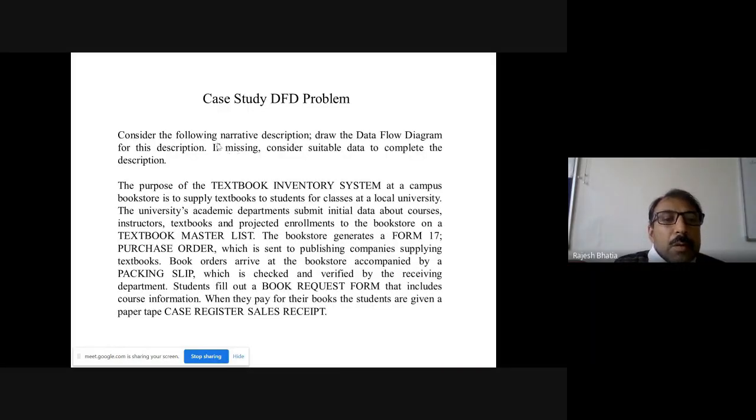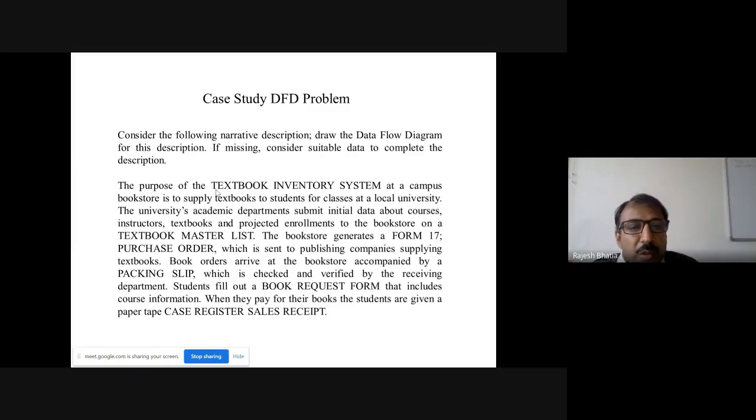So consider the following narrative description. Draw the data flow diagram for this description. If missing, consider suitable data to complete the description. Okay, the purpose of the textbook inventory system at a campus bookstore is to supply textbooks to students for classes